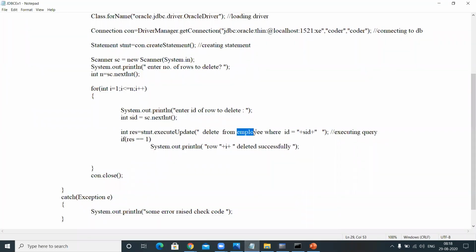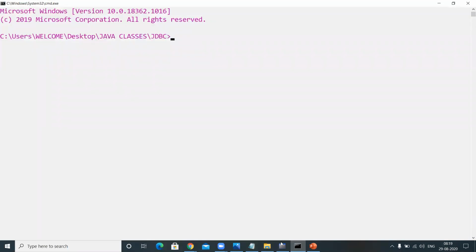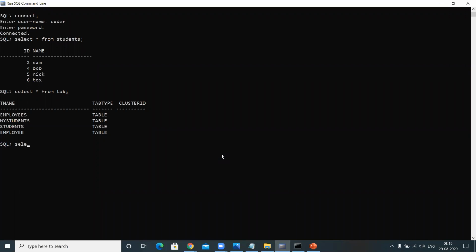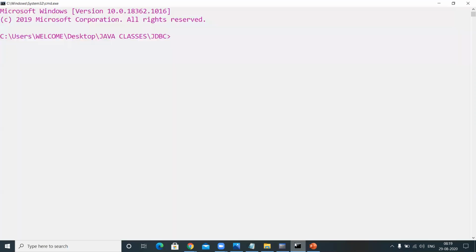I used an employee table, right? Let me show you what data is present in that. Select star from employee. The IDs are 101, 102, 103, 104, and 105, right? I'm having 5 IDs. Now I'm going to specify some IDs to delete using the JDBC code.